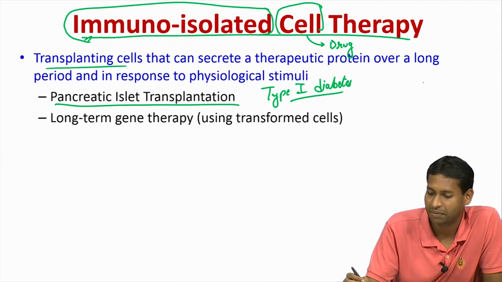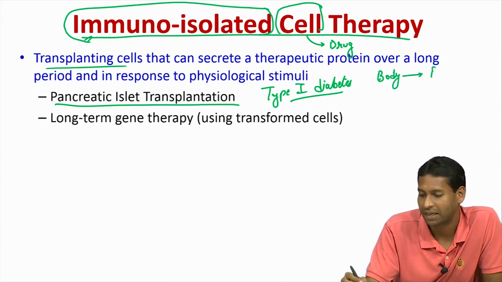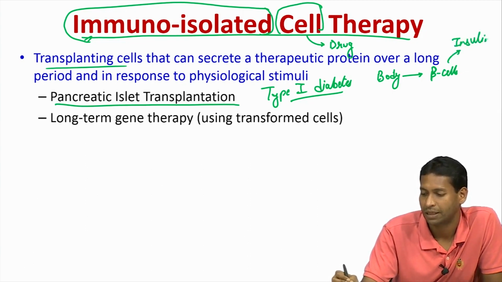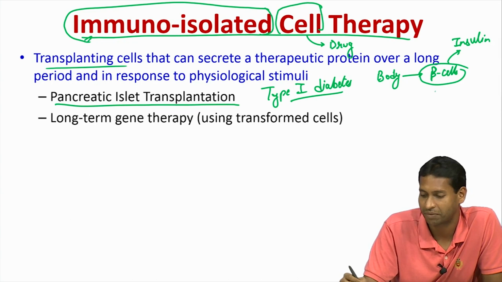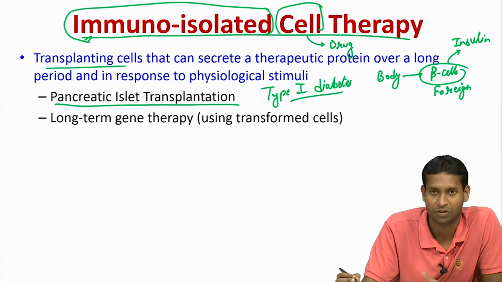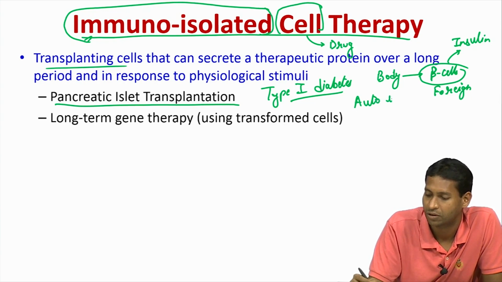Type 1 diabetes is nothing but that your body for some reason considers your pancreatic cells, or beta cells as they are called, that produce insulin, to be something foreign. This is of course a disease condition also classified as autoimmune diseases. So this is an autoimmune disease,